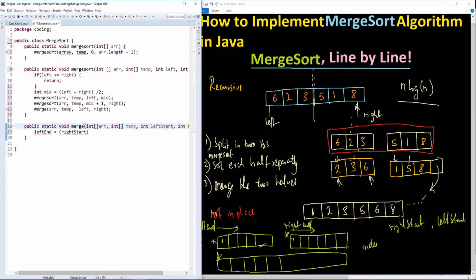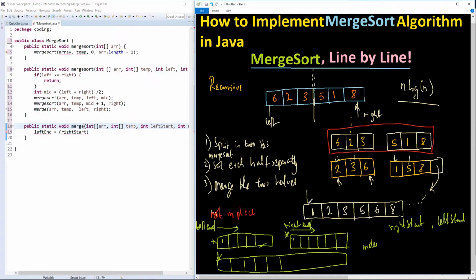All right. So now we are talking about, we are taking from the left starts, from this left starts at this point, left starts to right end. So this is LS, left start to right end. So try to get your head around it. It's quite easy. So now our left end will be